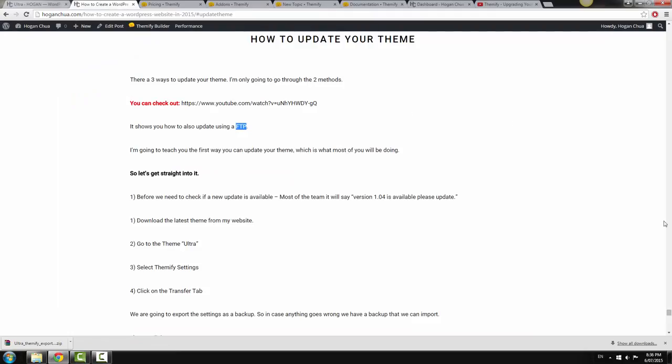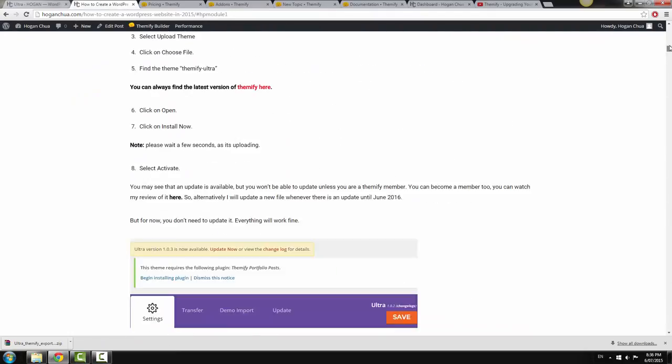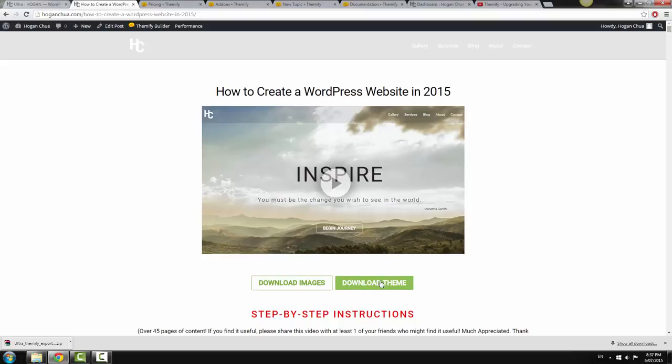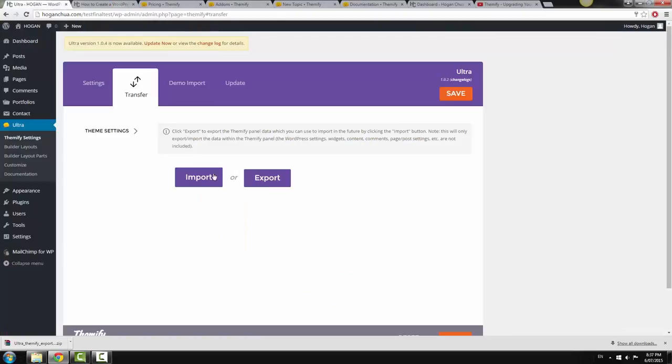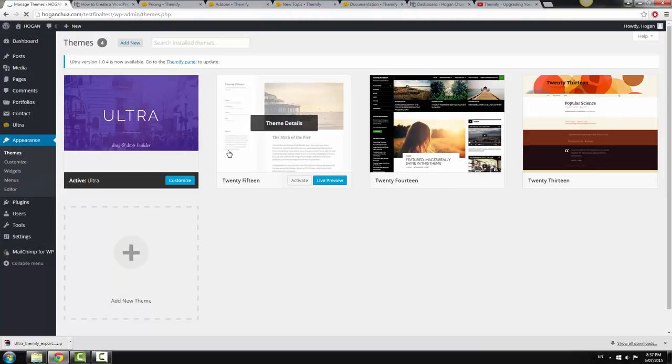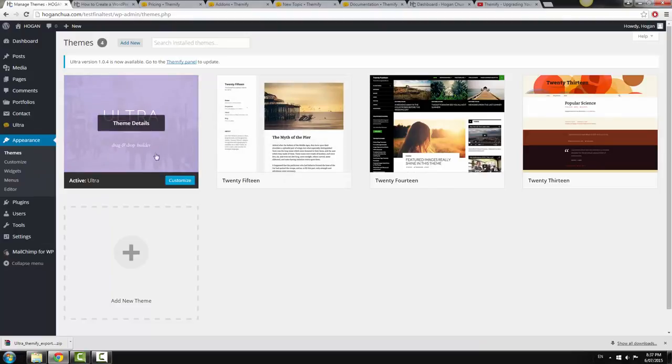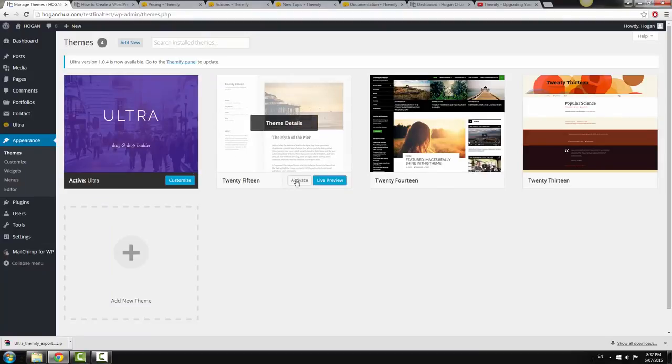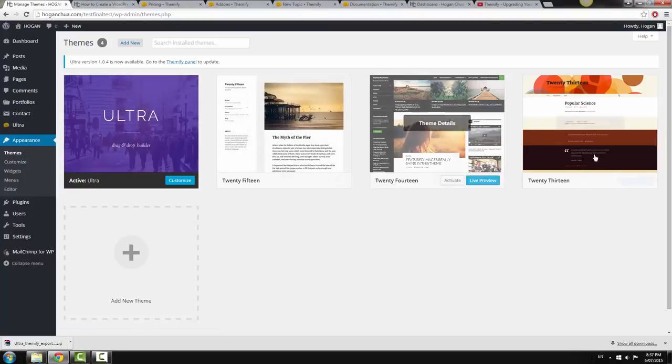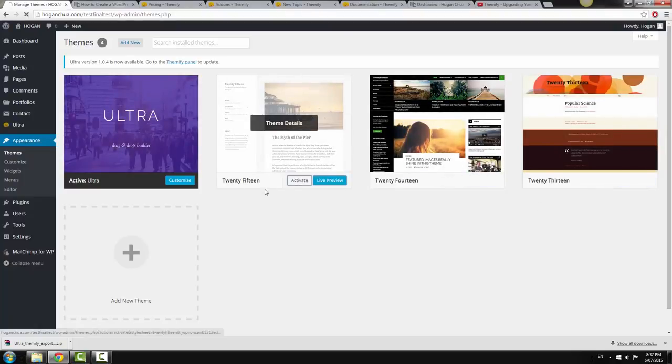Now you can go to my website, so just go to here again and download the theme, the latest one, which I'll always upload. So after you've downloaded that, then go back here and then click on appearance themes. So we need to delete the current theme. To do that, we need to activate this first before we can actually delete it. So let's activate any theme you can activate. Activate this one,